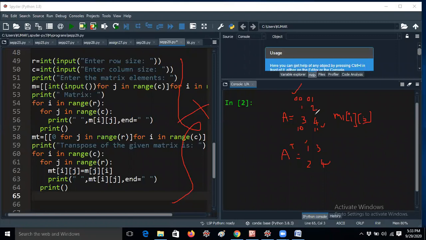That means whenever we take the transpose of a matrix, the 0, 1 place element will be replaced with the 1, 0 position, and in the 1, 0 place you replace it with the 0, 1 element. That's all. So the 0, 1 element is found here, and the 1, 0 element you can find here. This is the way you think first.